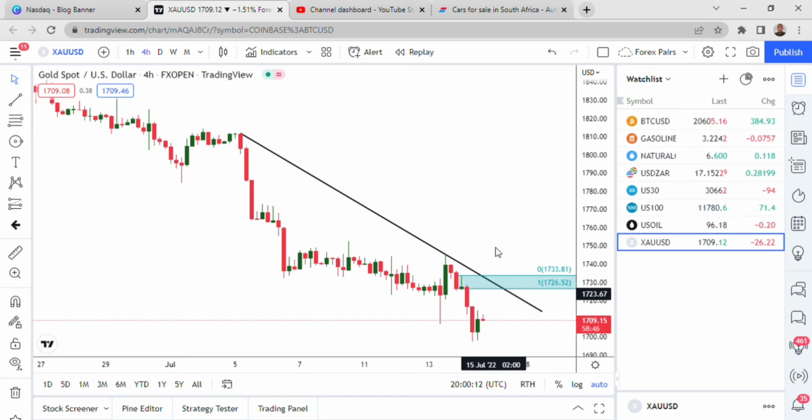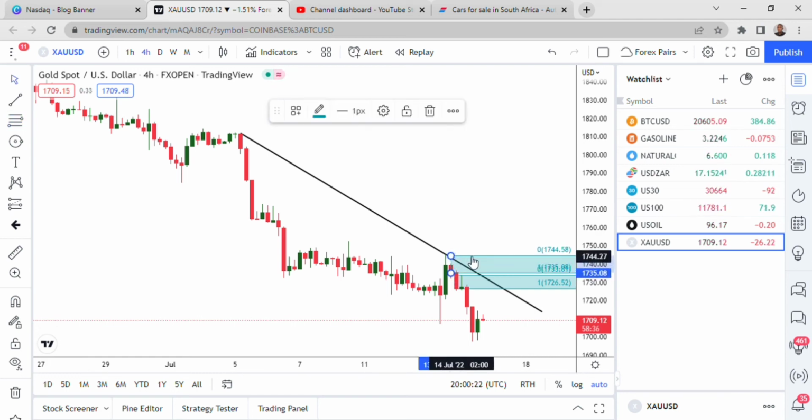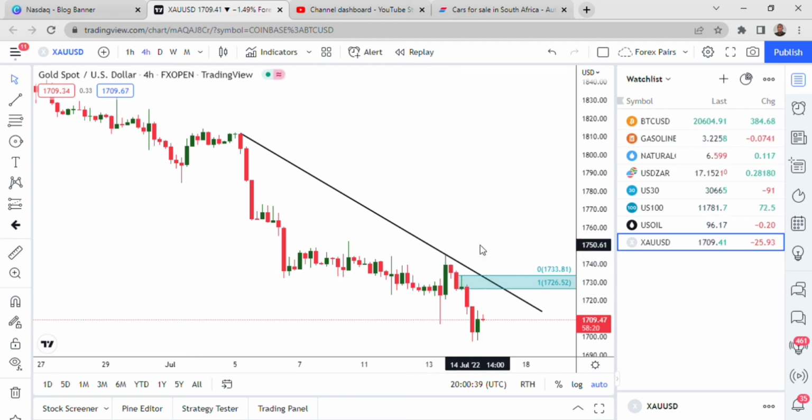But if you were looking for reasons to take trades, I'd rather take this one here. Why? Because the one below does not look nice, because of the type of candlestick that formed around it. So I'd rather take this one. But it does not mean this is not an area of resistance. It's an area of resistance, but if I was to take trades, I wouldn't trust this one. I would trust the one above it. But nonetheless, the one below is the nearest area of resistance on H4.